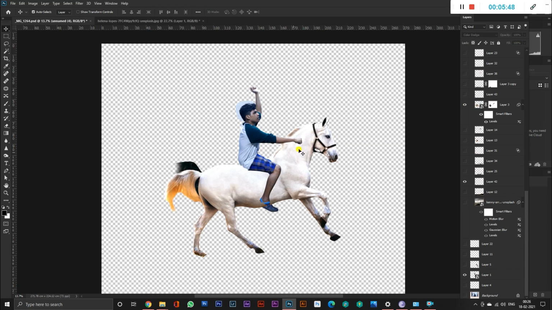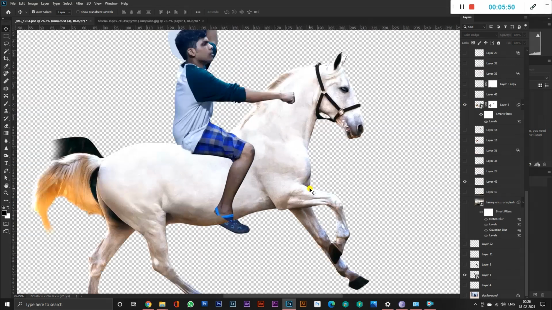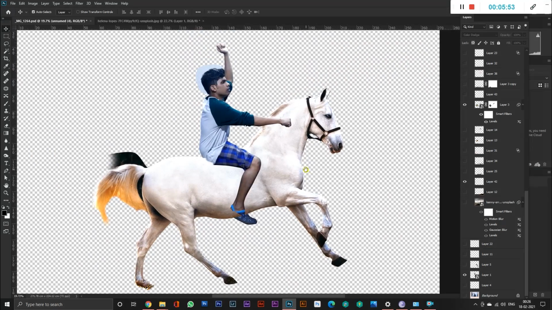The cutting has been done for the horse. Take the horse and paste it in the picture where you already cut yourself.